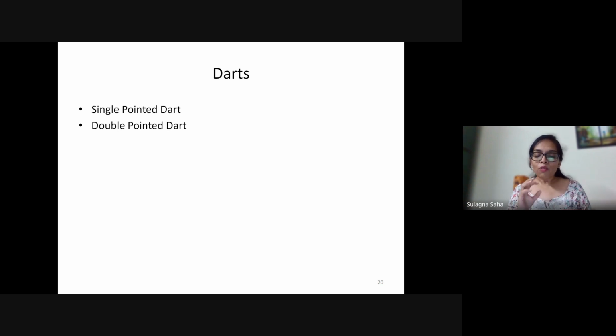Now, when you're working with a dart, there are a few things you have to take care of. First, specifically because you will be working on single layer fabrics, trace the dart on the wrong side of the fabric. Do not trace it on the right side. Whatever tracing, we should always have it on the wrong side of the fabric.